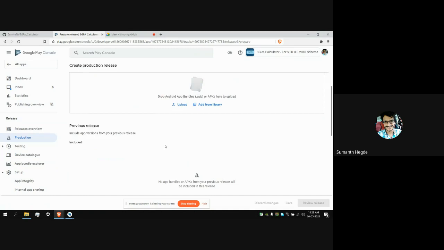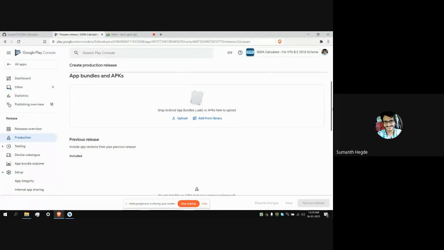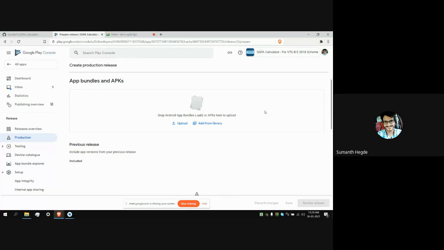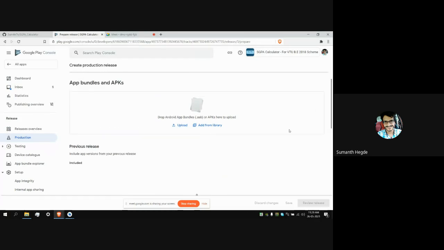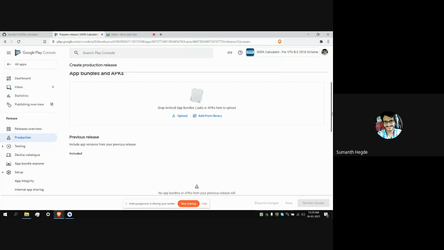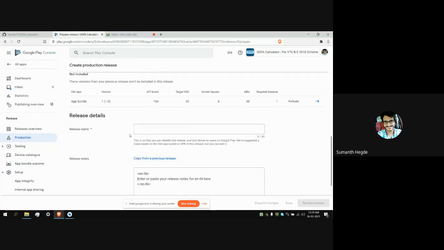here you can upload your APK file or AAB file. In earlier days we were only using APK, which would be the same APK file across all devices. But nowadays we prefer AAB, where we upload only some part of the application, and Google Play will automatically create the APK for whatever device the users are using. So it will automatically generate the APK and provide it to that user based on their device configuration. So you can upload your APK from here,